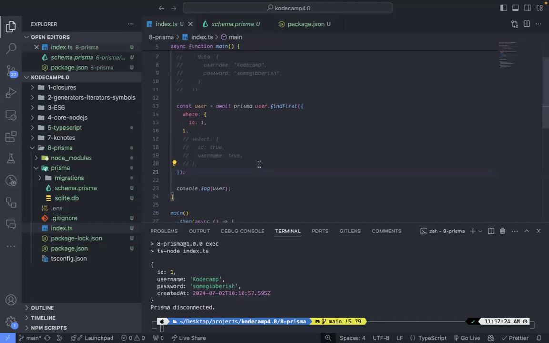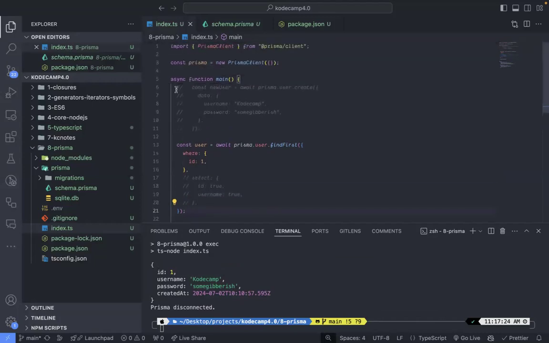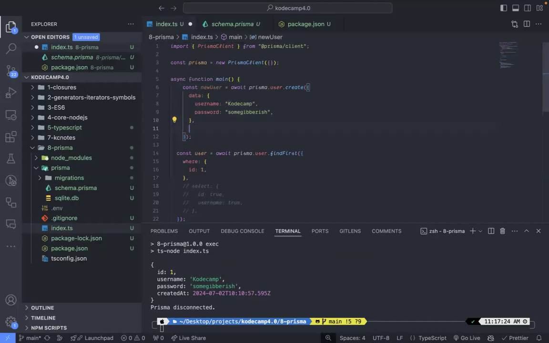Okay, so now we've seen create. Take a look at the create. The create takes the data. Look at the data object. And then you can see